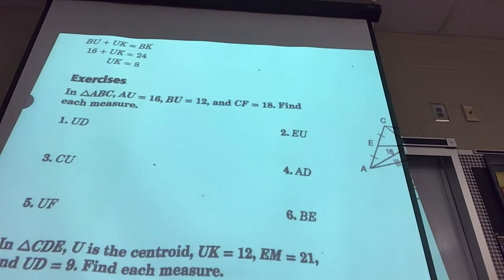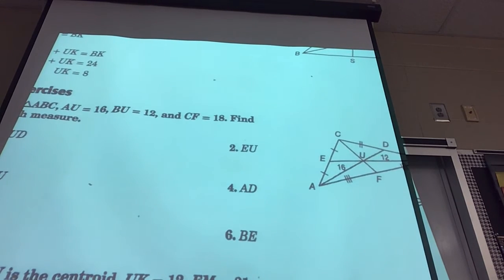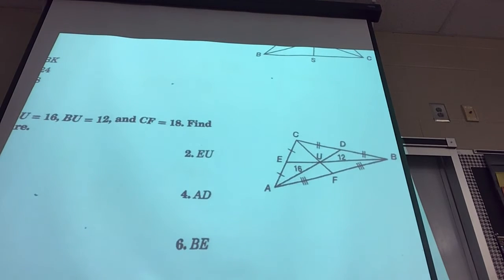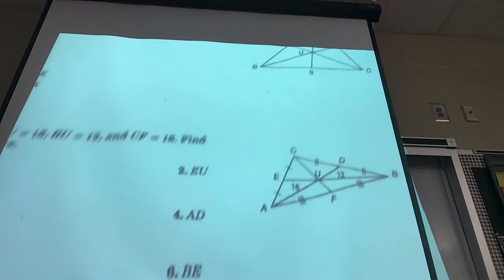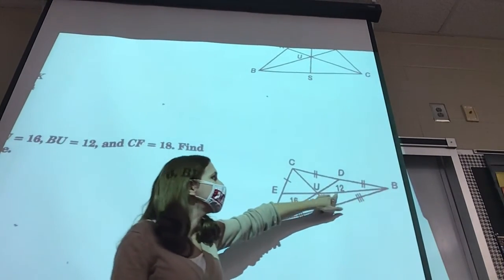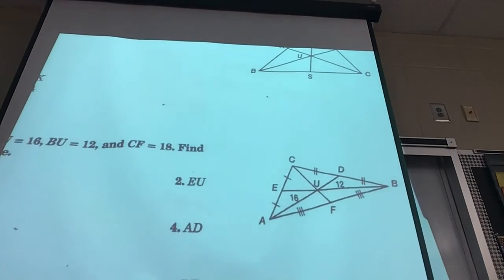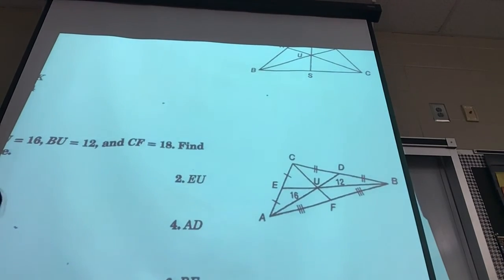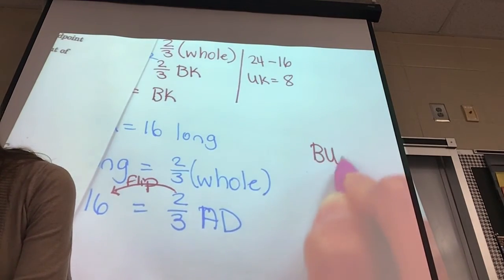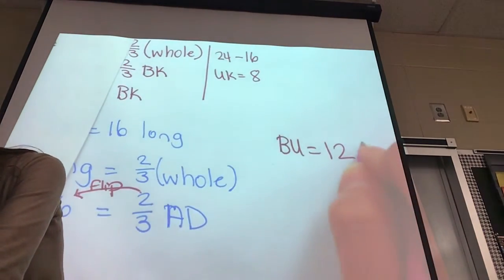So now you're going to do the same thing with the others. So now, if the next one I go to, they told me I knew BU. So BU is right here. BU is this piece. So again, is that the long piece or is that the short piece? Long. That is the long piece. So do the exact same thing that we just did. So if BU is 12, and that is the long piece,